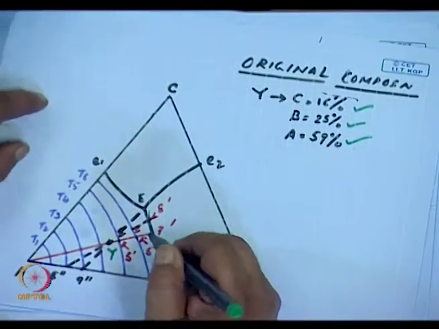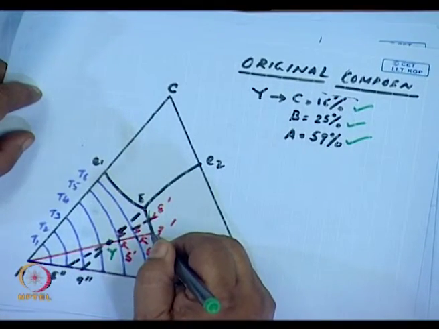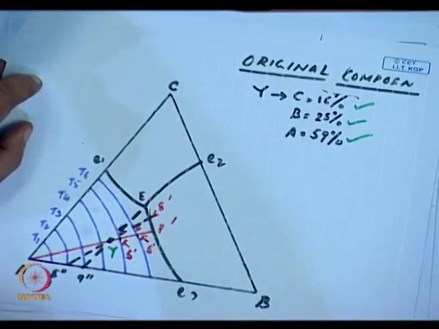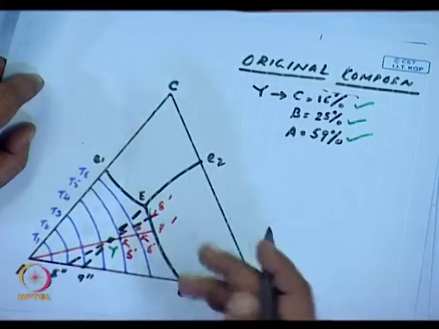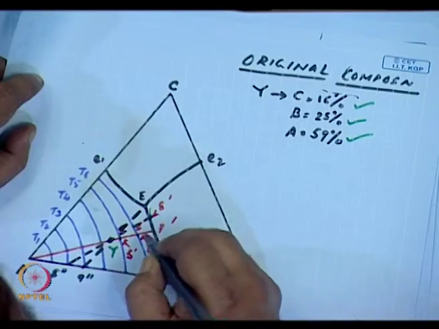Now let me take the point 7 dash. Here the line has intersected the eutectic joint E3 and E. It means now what will precipitate? Both A and B, because this separates the primary field of B from A. So as I had said, cooling,